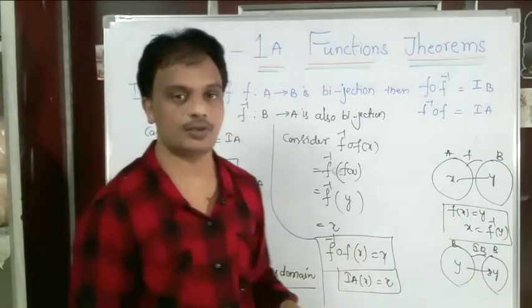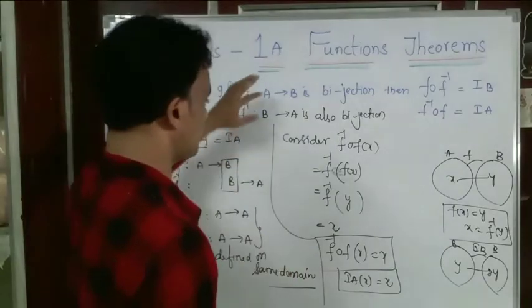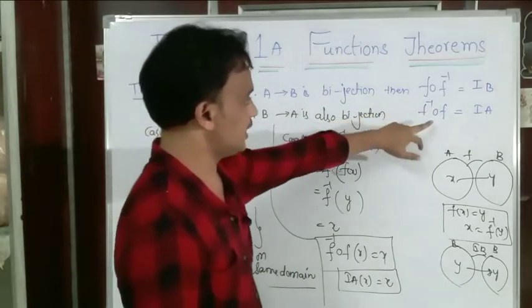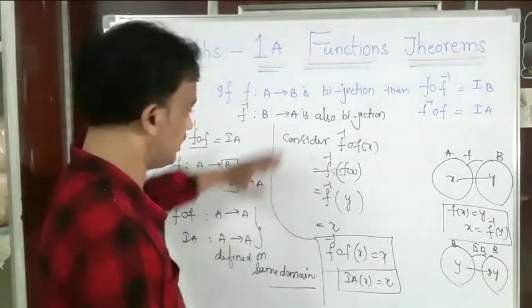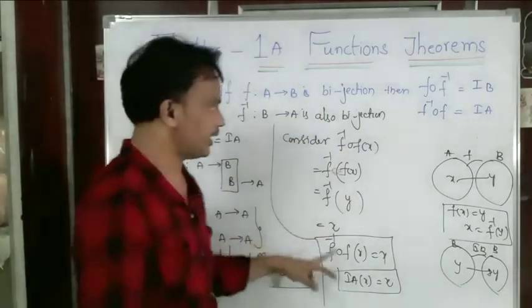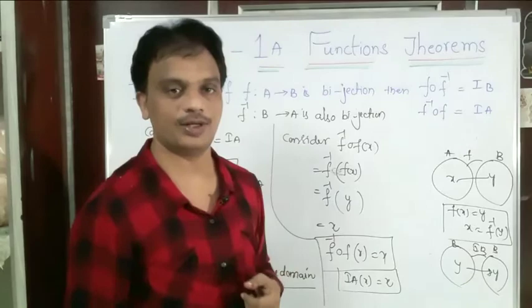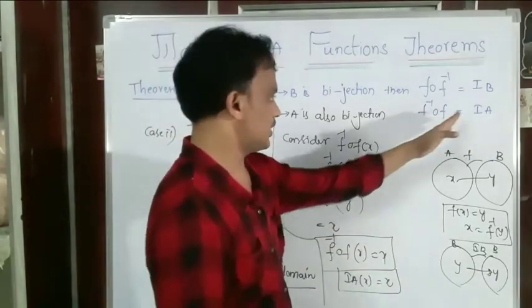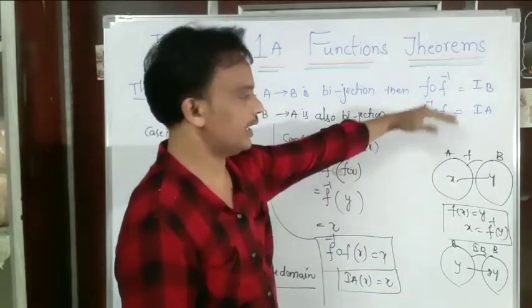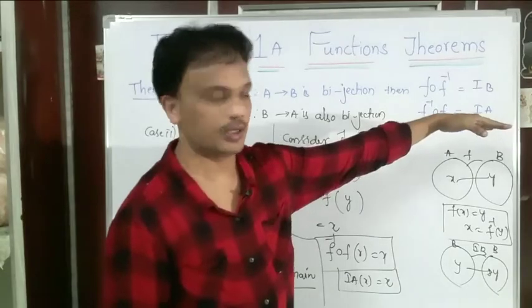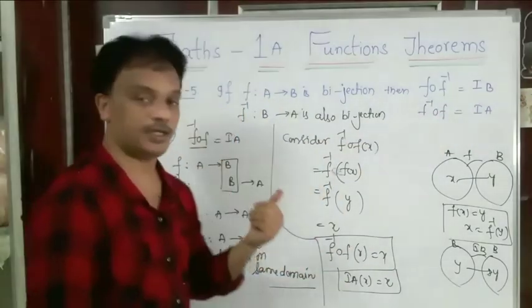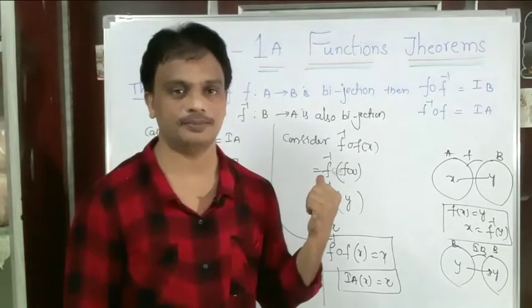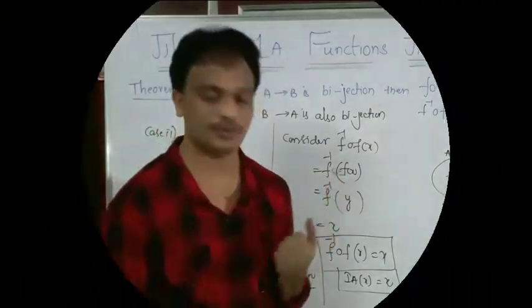Their ranges are also equal. What about the two functions, f inverse circle f and the identity function on A? They are defined on the same domain, and their range is also equal. Then finally what do you say? These two functions, f inverse circle f and the identity function on A, are also equal functions. Students, make a note. Very important problem and very simple theorem. Make a note.